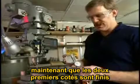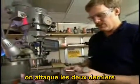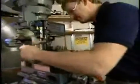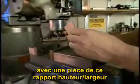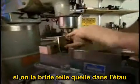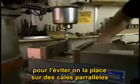Now that we have two sides of the part parallel and brought to dimension, we'll work on the two remaining sides of the part. With a part with this sort of aspect ratio, we try to clamp it in the vise like this and machine across the top. The part is so flexible that it will chatter. So what we do instead,